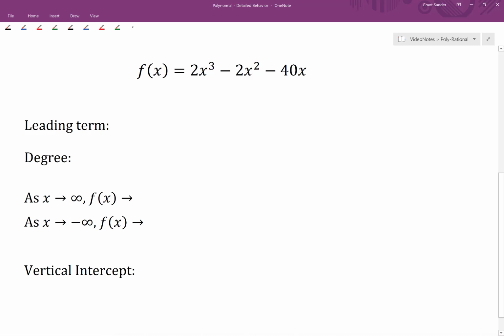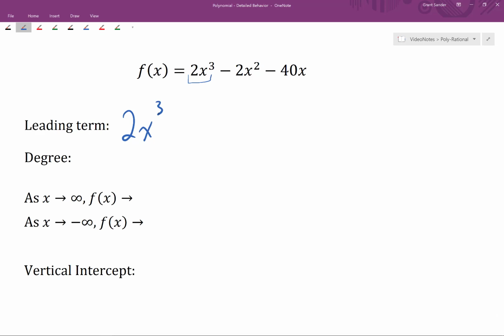In this video, we will give a detailed description of a specific polynomial function using the tools that we've developed so far. So consider the following function. f(x) = 2x³ − 2x² − 40x. The leading term of this polynomial is the term with the largest exponent, which in this case is 2x³. So the leading term is 2x³, and the reason this is important is because it dictates the end behavior